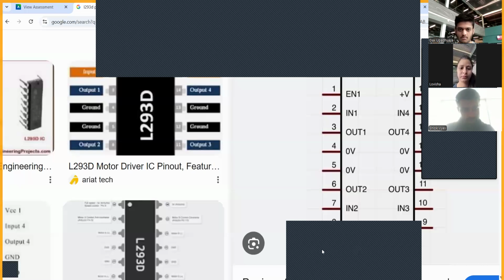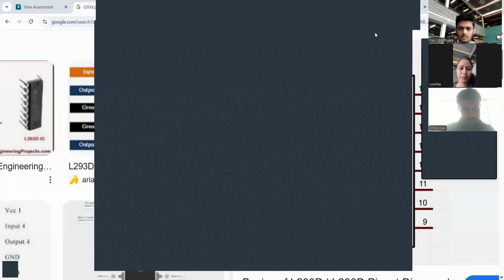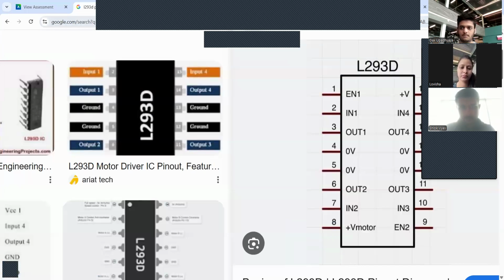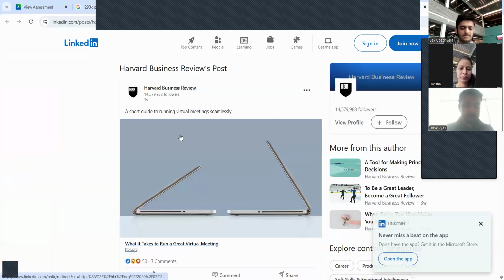Okay, so I will share a couple of screens. I hope you can see my screen. These are a couple of things which I have found online.